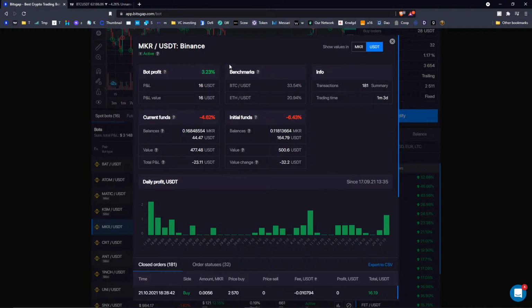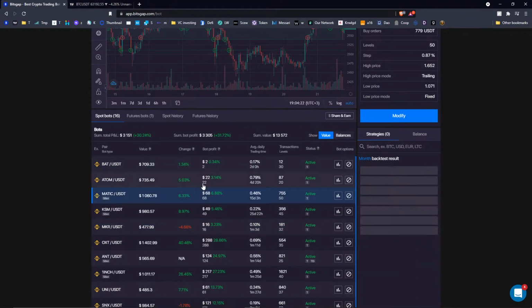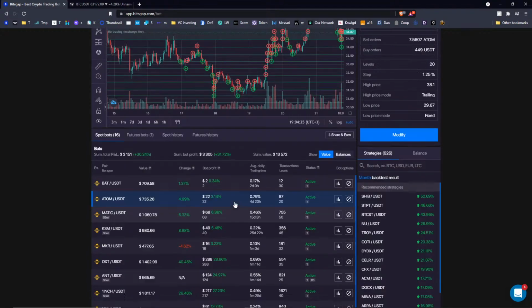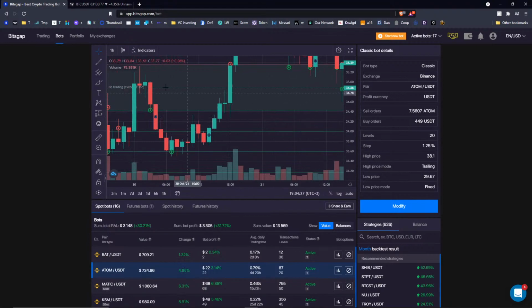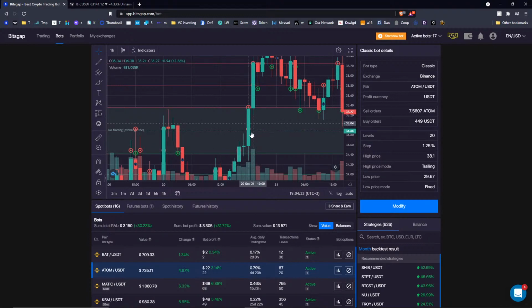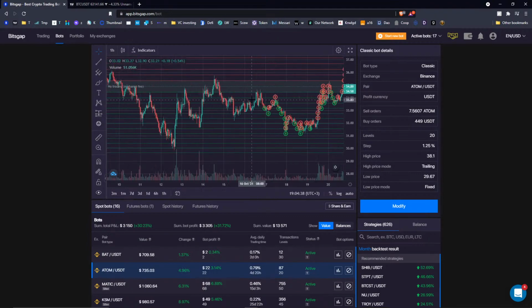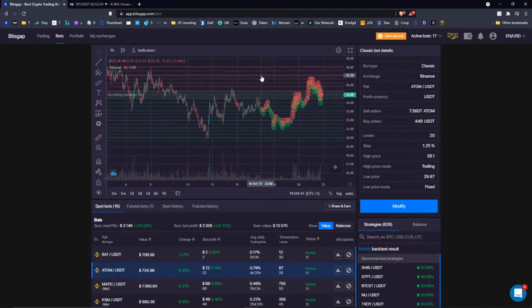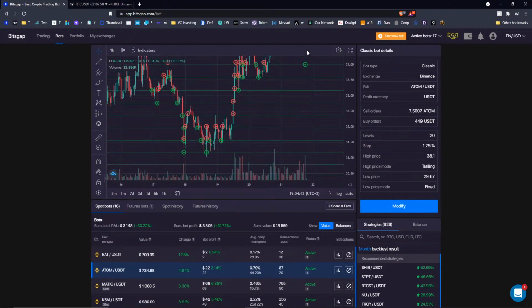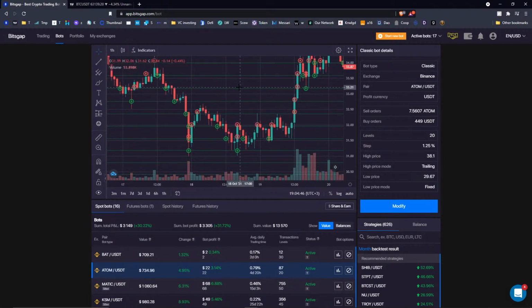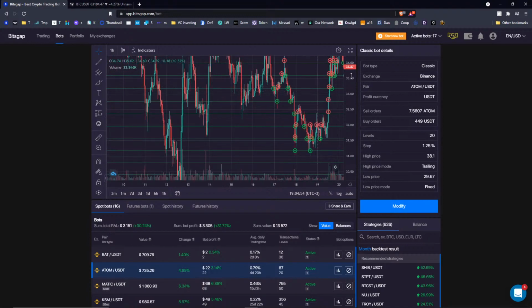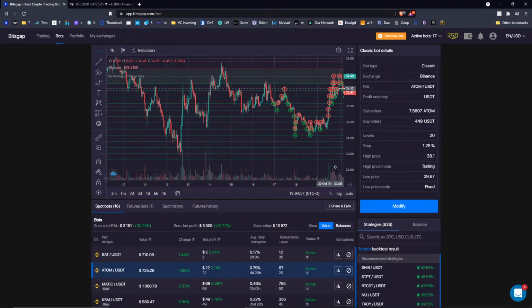But the bot profit is always positive, because if you look at the chart, let me open my Cosmos coin. You can see when the price was falling here, it was buying lower, and then it was selling higher. Over here, you see all of these red circles. This is how it works. In a falling market, it buys and sells, because even in a falling market you have these price swings higher to sell, and then again lower to buy, and then again higher to sell. And it can be a never-ending process.